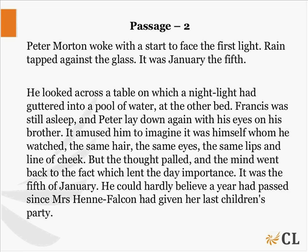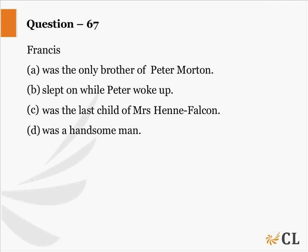So what is happening? Peter is looking at Francis, who is his brother, and the passage reads that it amused him to imagine it was himself. That is, the one he was watching was himself. The same hair, the same eyes, the same line of cheek, it means that Peter had